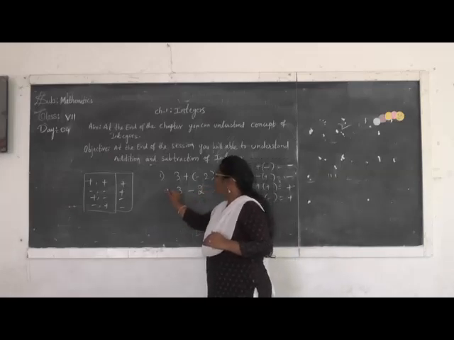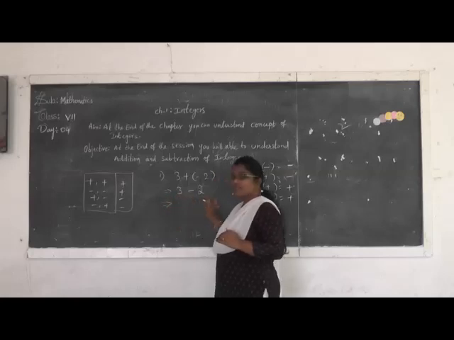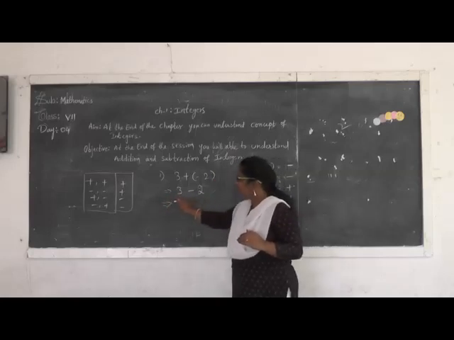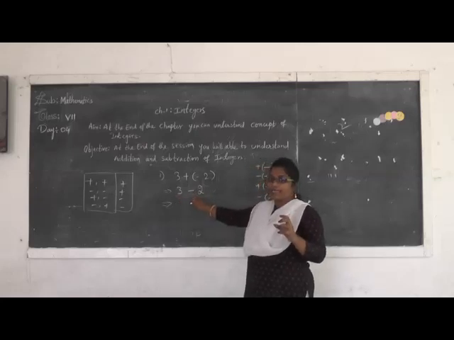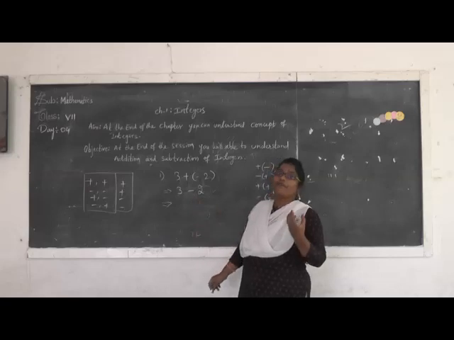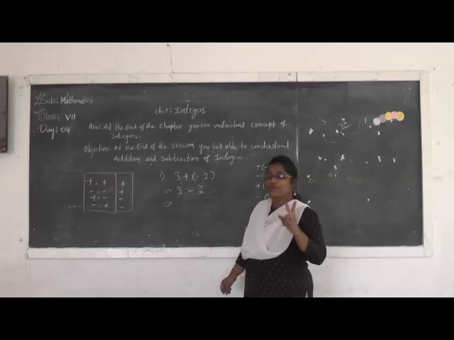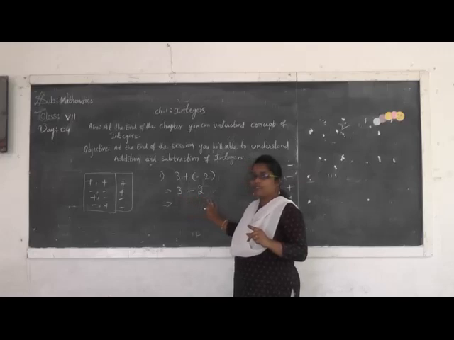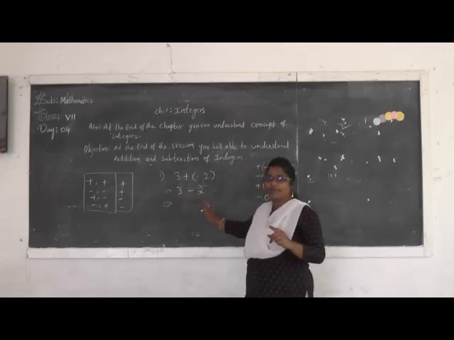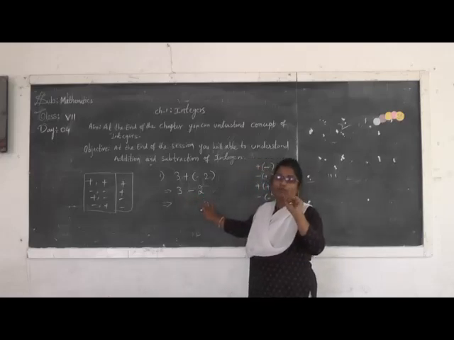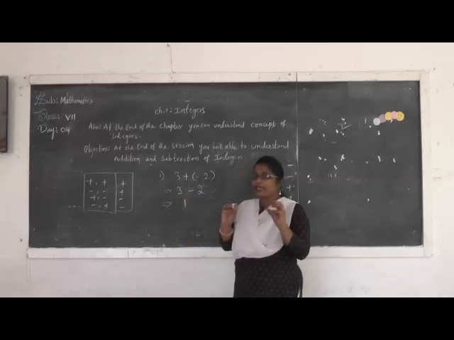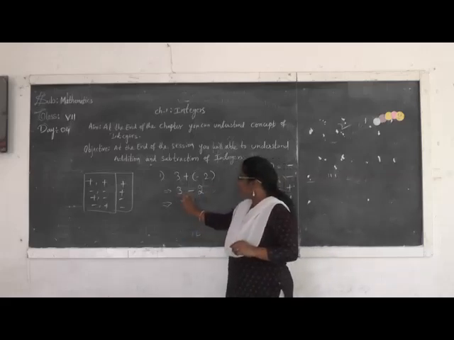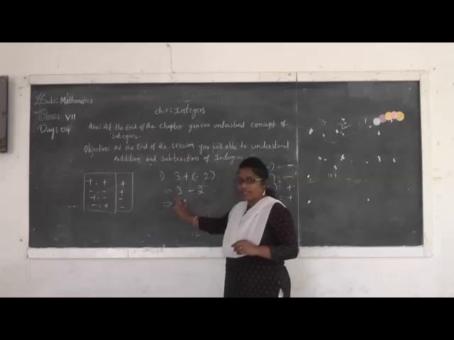Now next what do we have to do? One is positive, one is negative, right? Before 3 no symbol is there, which indicates positive. Here before the number what is there? Minus. One is positive, one is negative. What do we have to do? We have to subtract. Both are different, so we have to subtract. 3 minus 2. From 3 remove 2. How many are left over? Only 1. Now after writing 1, observe the numerical values 2 and 3. Is 2 greater or is 3 greater? 3 is greater.